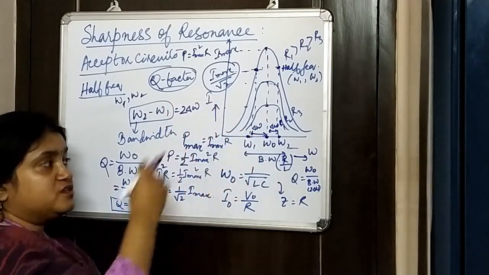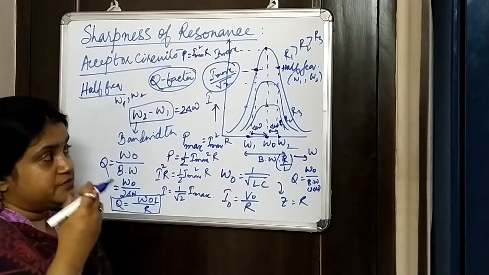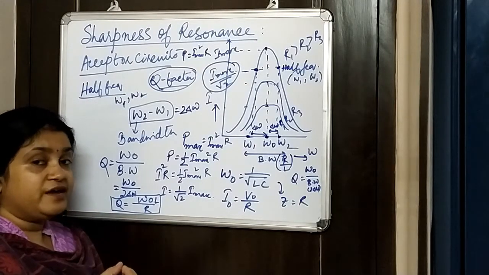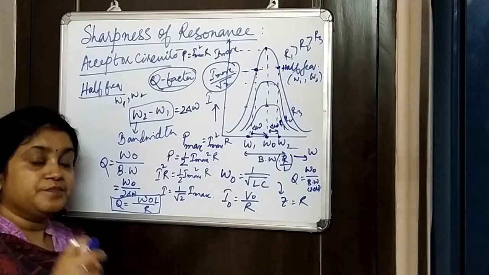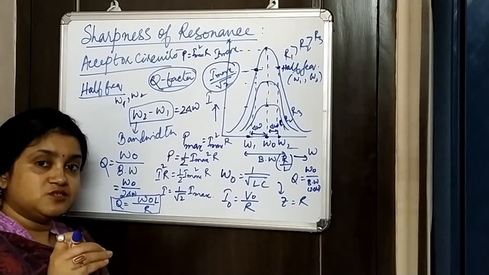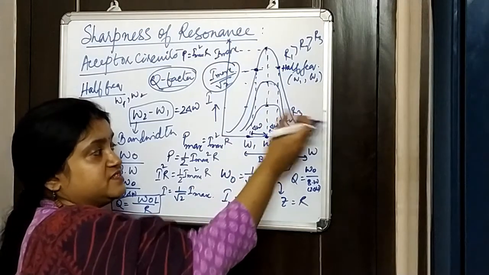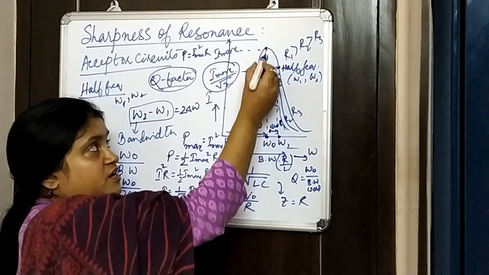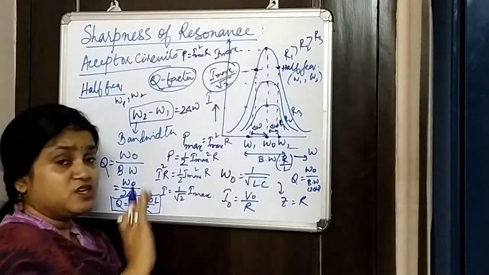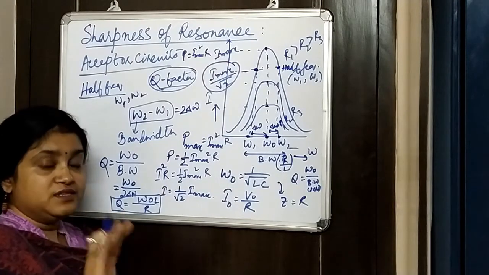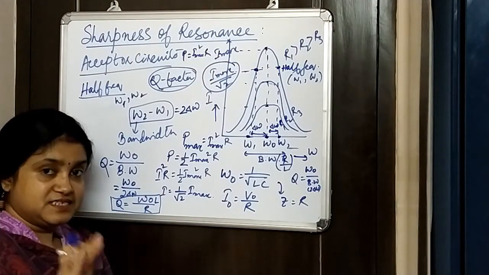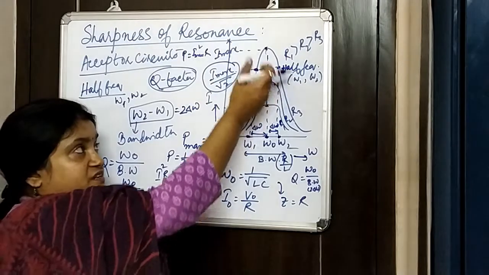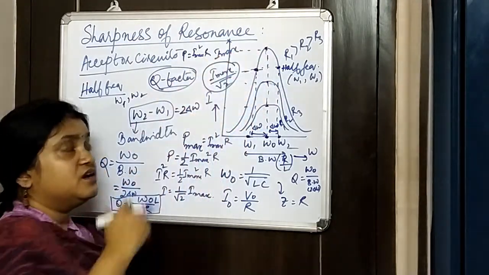When we are talking about the sharpness, we see that the maximum current depends on the resistance of the circuit, whereas the resonance frequency depends on the inductance and the capacitance of the circuit. Though here we have different resistance and the I maxes are different, the resonance frequency is the same for everyone. But these 3 curves are not the same. Though all these curves have the same L and C, still they are 3 different curves of 3 different circuits with 3 different sharpness, with 3 different I max.